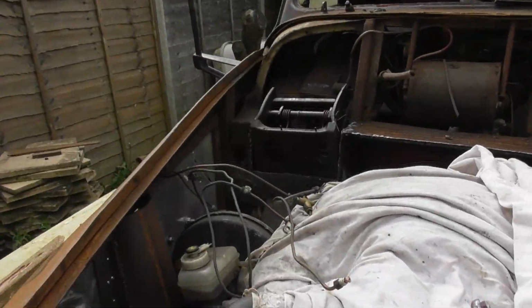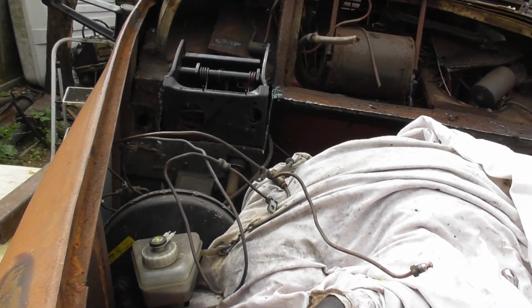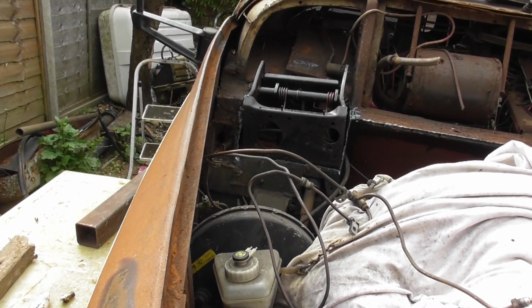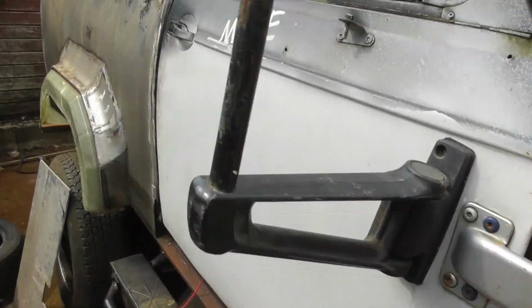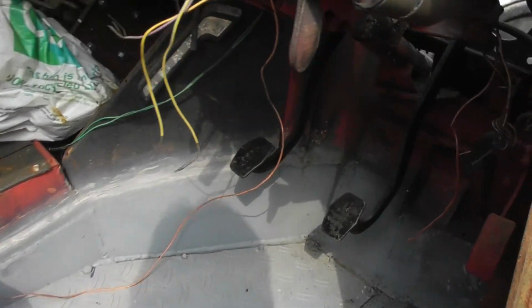Anyway, this week we're going to attempt to get the braking system sorted out. Now, over the weekend I stripped that unit completely down, greased up, stripped the shaft out, greased it all up, wire brushed it all back, and have put it back on the vehicle, and now everything is moving. Because what I didn't tell you last week is that shaft was seized up solid,